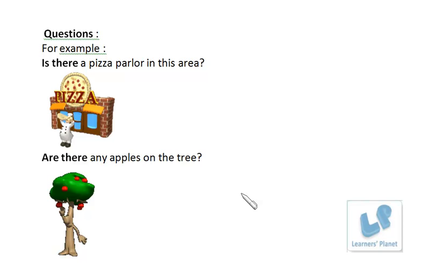Now let's see questions. Is there a pizza parlor in this area? इस एरिया में कोई पिज़्ज़ा पार्लर है? If somebody is asking a question, आपसे कुछ भी पूछा जा रहा है about पिज़्ज़ा पार्लर, इस एरिया में पिज़्ज़ा पार्लर है क्या, राइट? और are there any apples on the tree? इस ट्री पर कोई भी एप्पल्स हैं? कुछ एप्पल्स हैं इस ट्री पर? ऐसा, दिस इज अ क्वेश्चन फॉर्म. ओके,